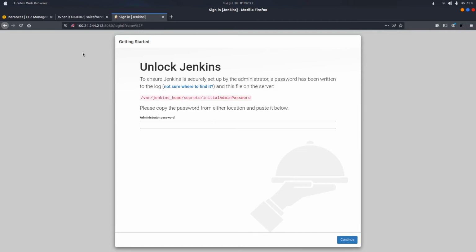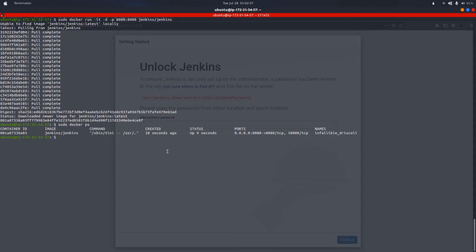Now let us do all this using a reverse proxy. I will not be configuring Jenkins further. If you want to know how to configure Jenkins, please refer to the Jenkins video series. So let us come back to our reverse proxy. All the configuration files for Nginx are stored in /etc/nginx.